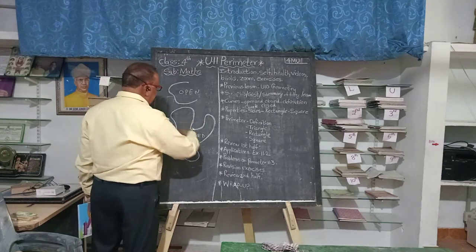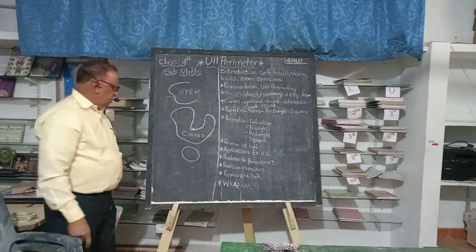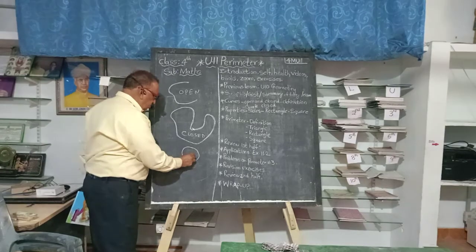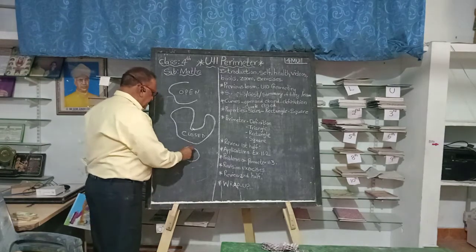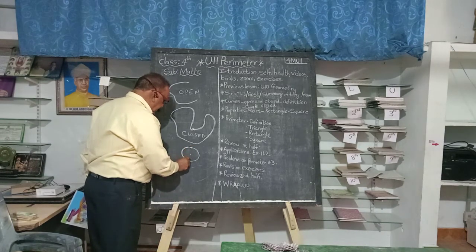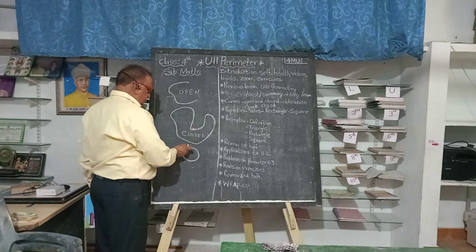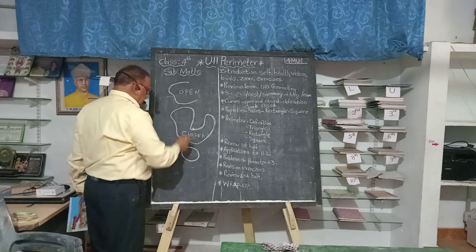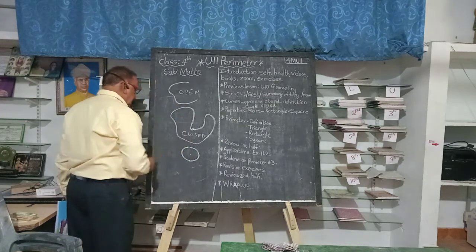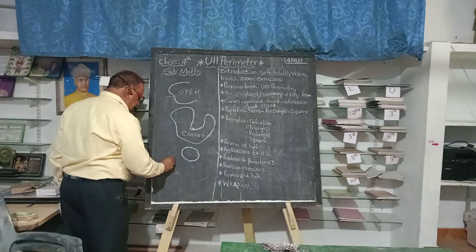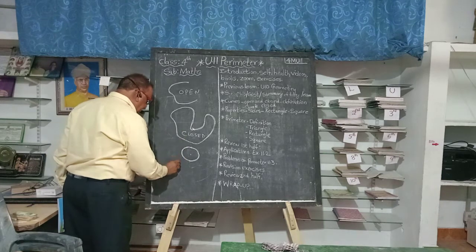Good. This is an irregular closed curve. The circle is a simple closed curve. So if you start at one point, you come to the same point if you walk along the circle. So a circle is a closed curve, this is a closed curve, this is an open curve. And also simple, that is what is called a simple closed curve, and some of them are not simple closed curves.